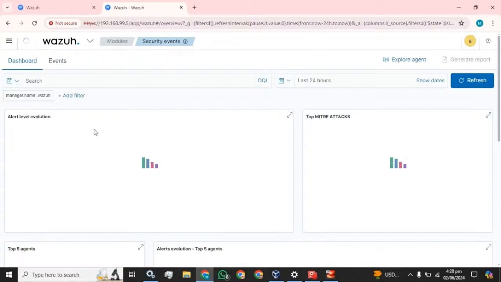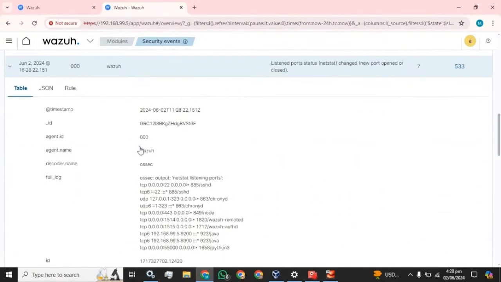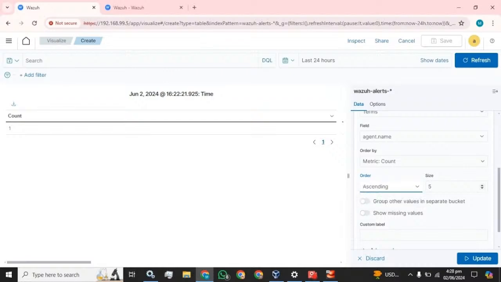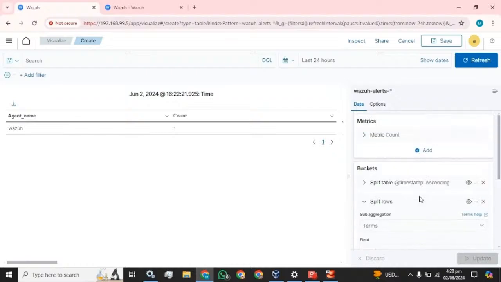We will go to the security events, and I am going to open the Wazuh and select the agent host and ascending, and select the value for name. Okay,